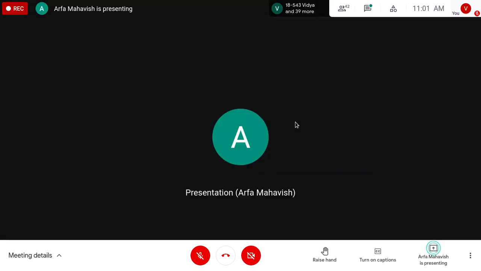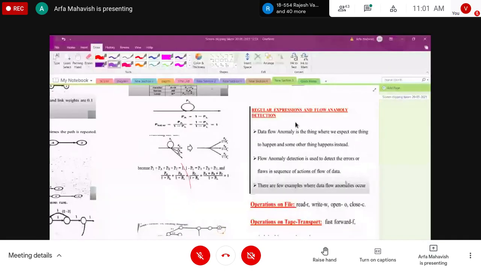Till here you have cleared the applications of the reduction procedure. So we will see the regular expressions and the flow, I mean the reductions.